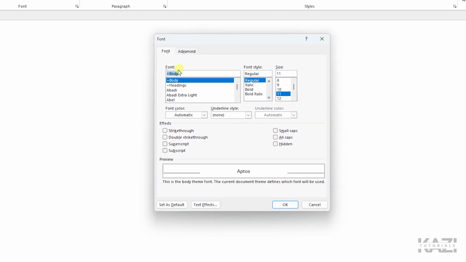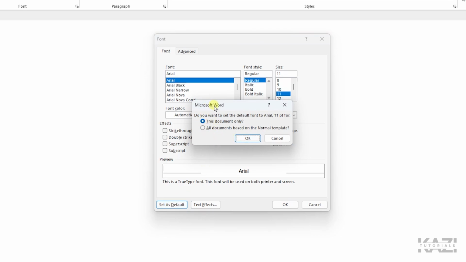Alright, then on this side you will see the font option. So from here you need to select the font that you want to set as default. So let's just jump into one of my favorite fonts like Arial. You can search it right over here like this and select Arial, and now if you want to make it default, then simply tap on set as default,